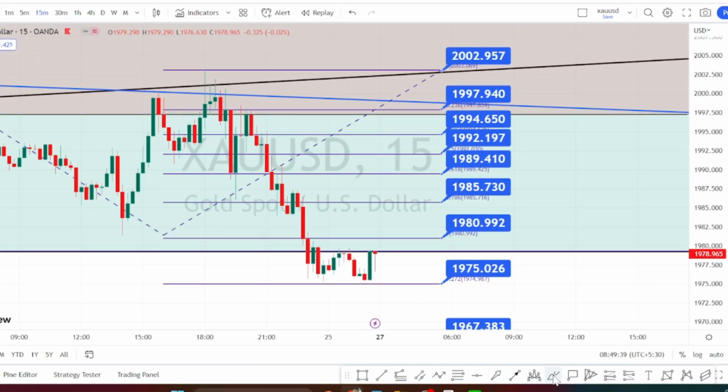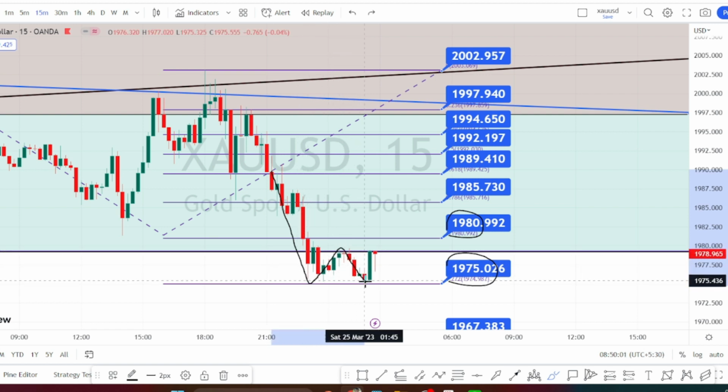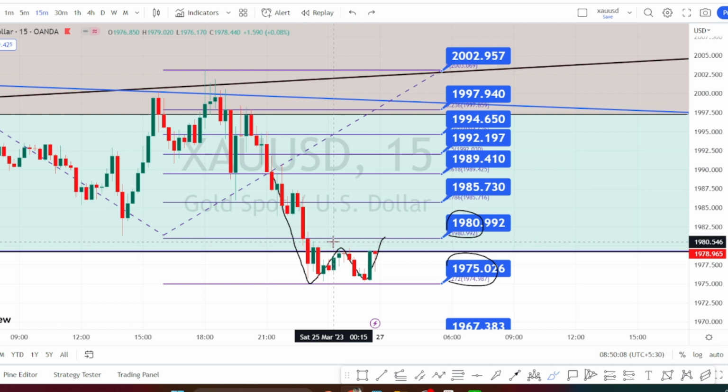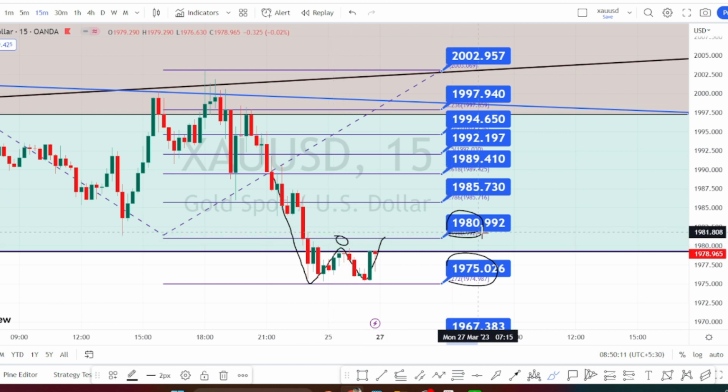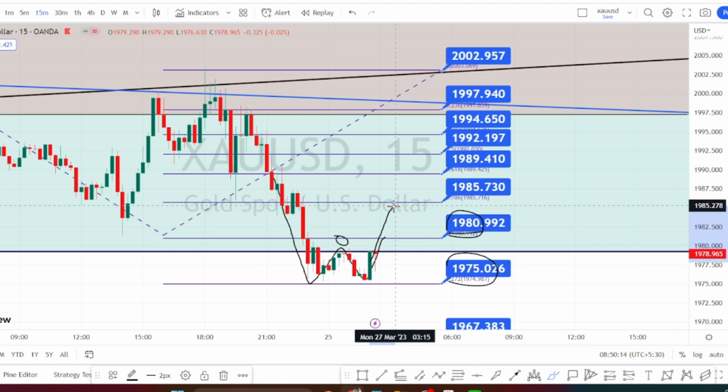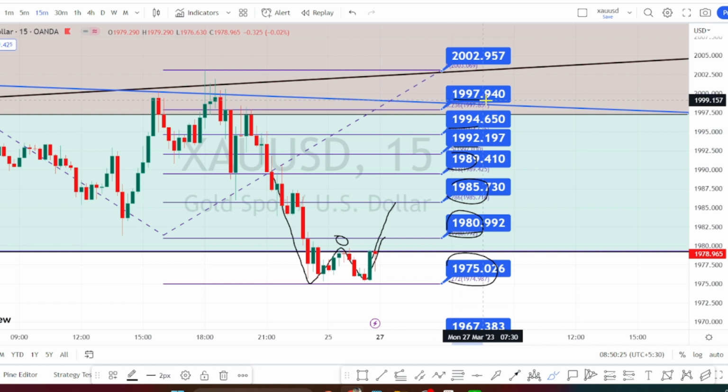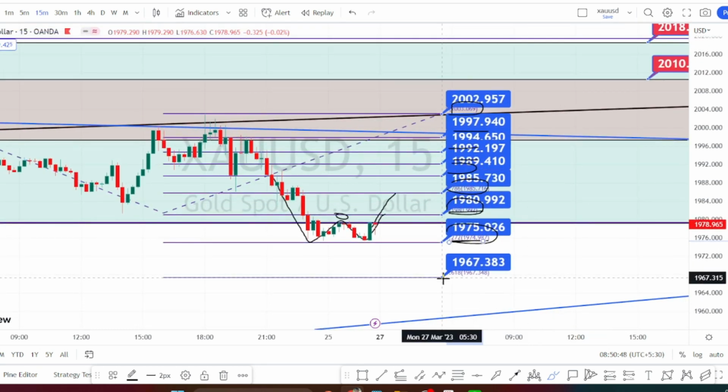Let us mark the support and resistance levels for 15 minutes time frame. I am in 15 minutes time frame and currently the price action is trading between the resistance level of 1980 and support level of 1975. Here in 15 minutes time frame we are noticing the price action make a pattern similar to a double bottom, and if the price action breaks this resistance level of 1980, we can expect the bullish side retracement to start. The next level of resistance is going to be around 1985, 1989, 1992, 1994, 1997 and 2002. And if the price action breaks this support level of 1975, the next level of support is going to be around